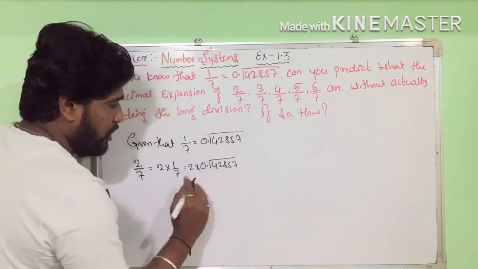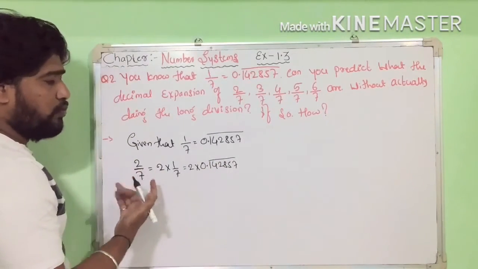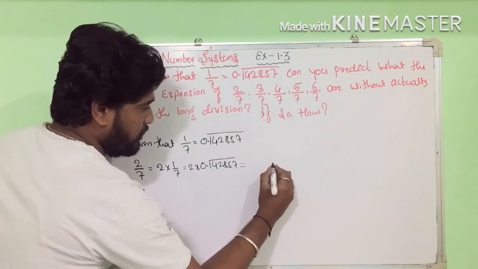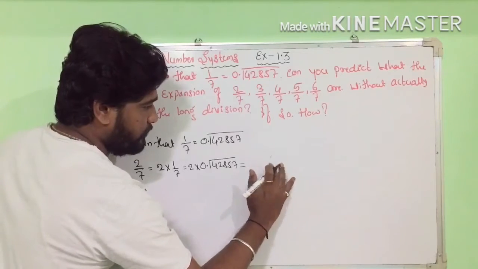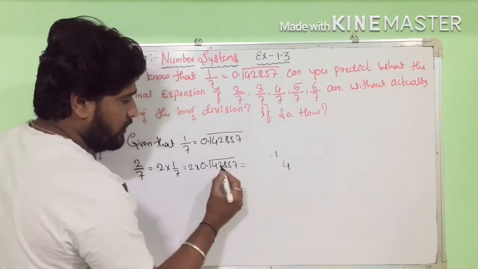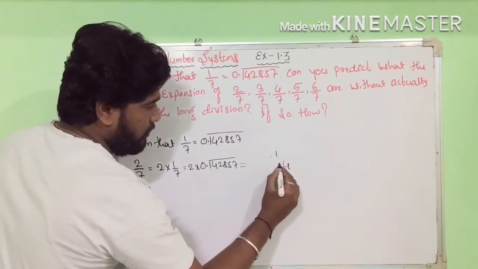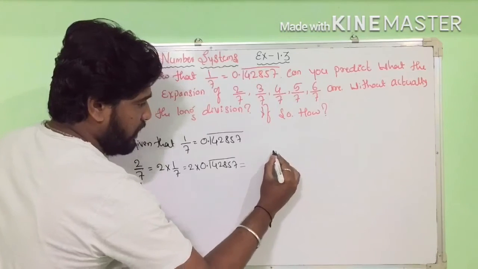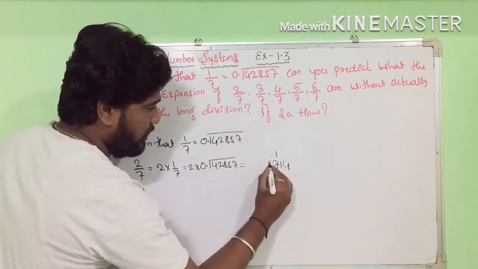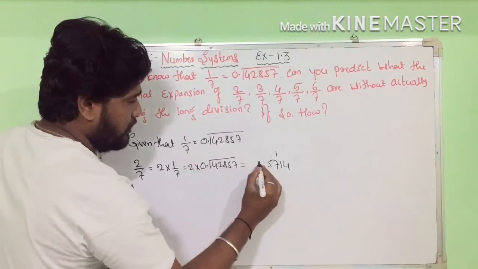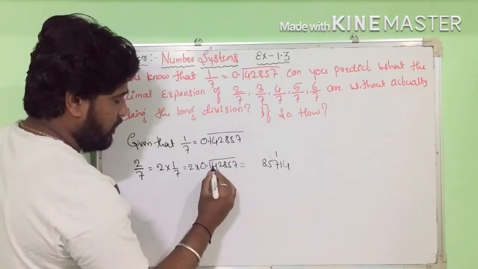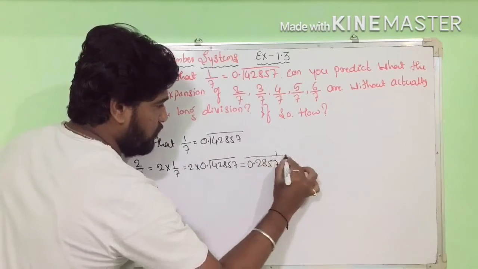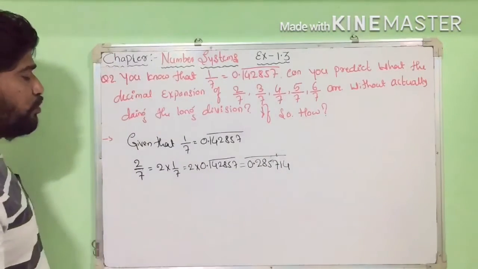0.142857. So now make this multiplication, we will get 2 by 7. Is it clear? So here, 2 7s are 14, carry 1, right? So next, 2 5s are 10, 1 is 11, 1 carry, and 2 8s are 16, 1 is 17, 1 carry, 4, 1 is 5, next 8, next 2. So this one is 2 by 7.